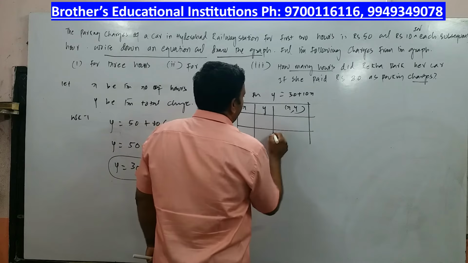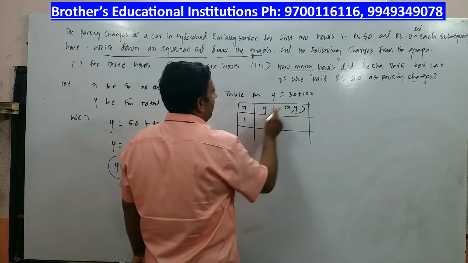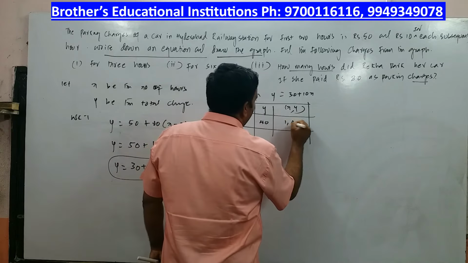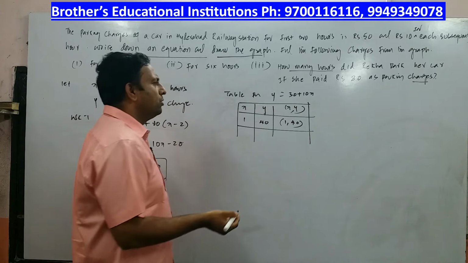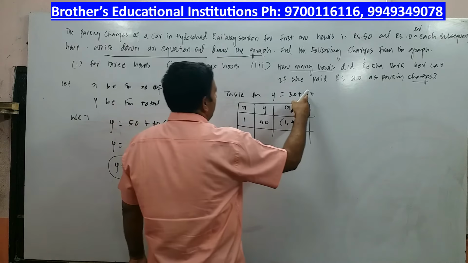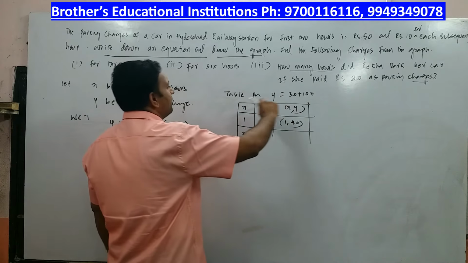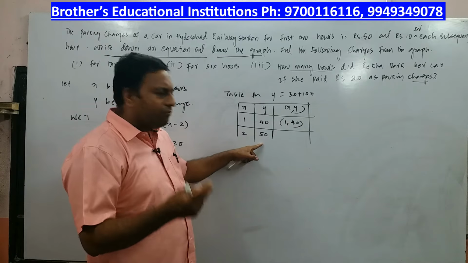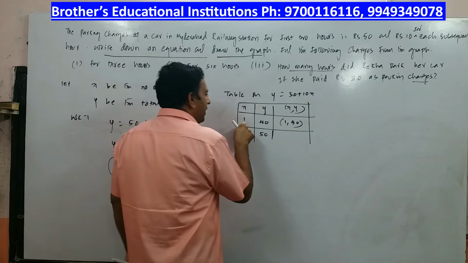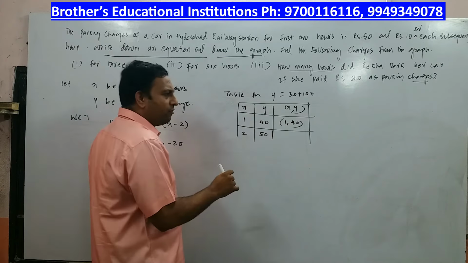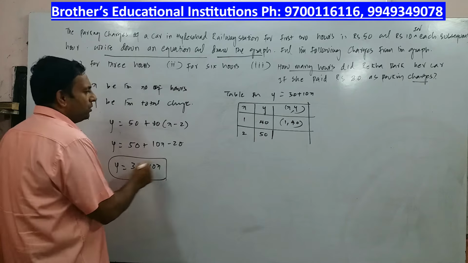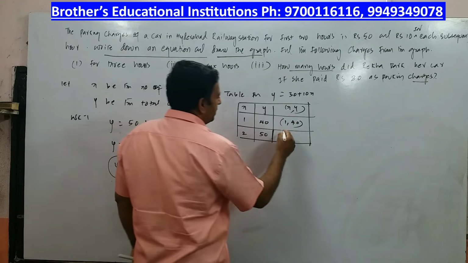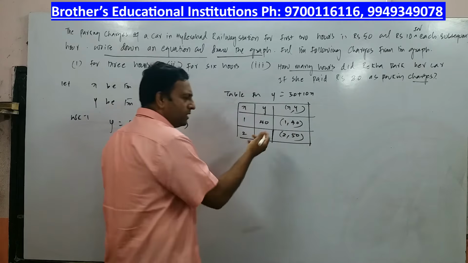So let us take x is equal to 1. For x is equal to 1, what is y value? 10 ones are 10, 10 plus 30 will be 40. Y will be equal to 40. So it is 1 comma 40. Now if I go for x is equal to 2, 10 2s are 20 plus 30. 20 plus 30 is equal to what? 50. Is it not? When you are keeping the vehicle for 2 hours, what is the charge you need to pay? 50 rupees. If you are keeping the vehicle for 1 hour, technically you will say you are paying 40 rupees. So that is how the calculation is. But minimum charge is 50. So this is 2 comma 50. Alright, this is the ordered pair.